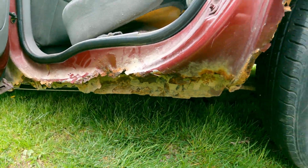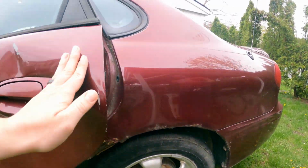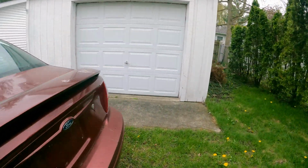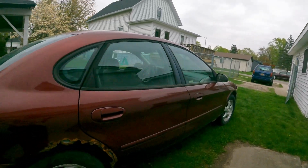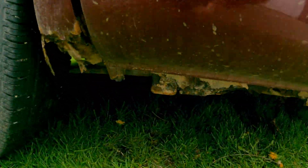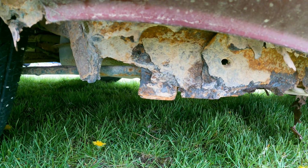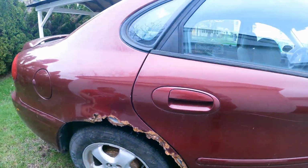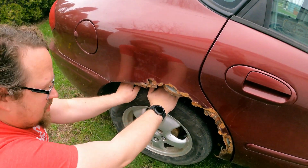That's pretty bad. Yeah, one of our main concerns with this car currently is the trailing arms breaking loose from the body of the car because the mounts are barely there. That's where the trailing arm mounts to the body, and it's not much there. And seeing as we're over here, we can show the other issue. We can grab this wheel here and just